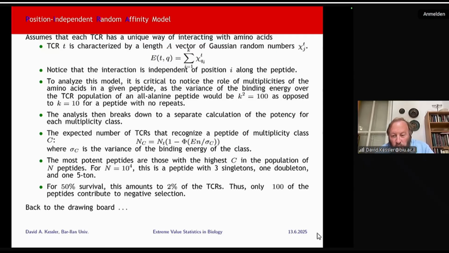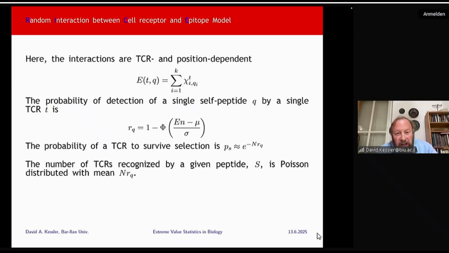And it turns out this one single peptide, which has this particular kind of multiplicities, is responsible for 2% of the selection of the TCRs, which is way, way better than 43%, but it still means that, roughly speaking, only 100 of the peptides are contributing out of 10 to the 4th, which is still not really where you want to be. So let's go back to the drawing board again, and we come up with our final